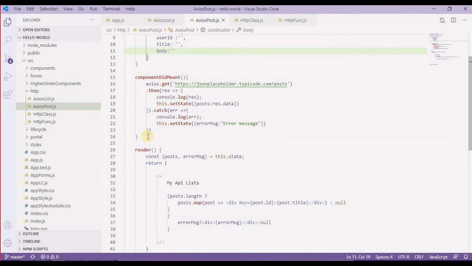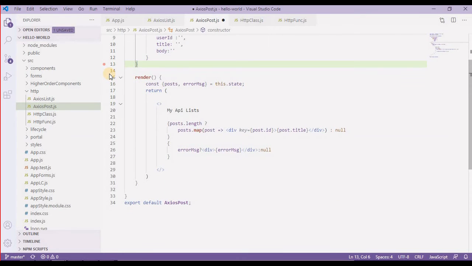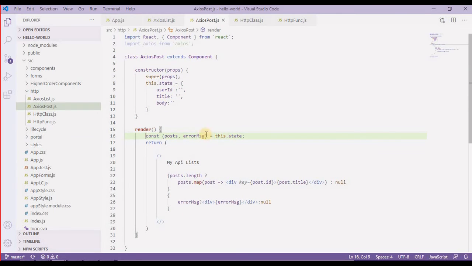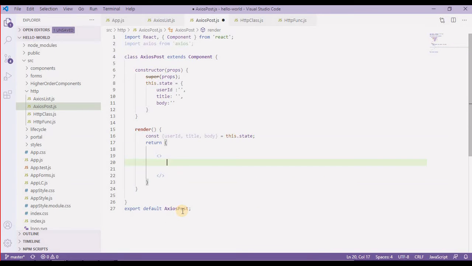Now we don't need the componentDidMount method because we are going to post data, and in return we are going to have a form element. So I'm going to destructure this state: userId, title, and body. In the return method we are going to have one form, so I delete all these lines from here.